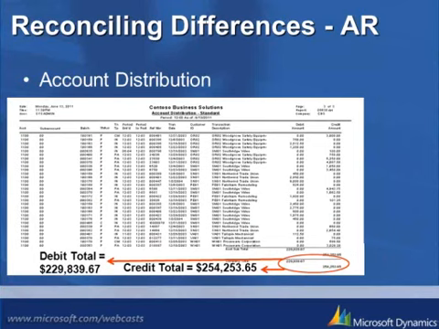If we look at our total debits, total credits, we've got, on the AR side, $229,000 total debits and total credits of $254,000. So our total credits match between AR and GL, but the debits are actually off by a little bit. So that is one thing to note here, and I think we'll circle back to this after